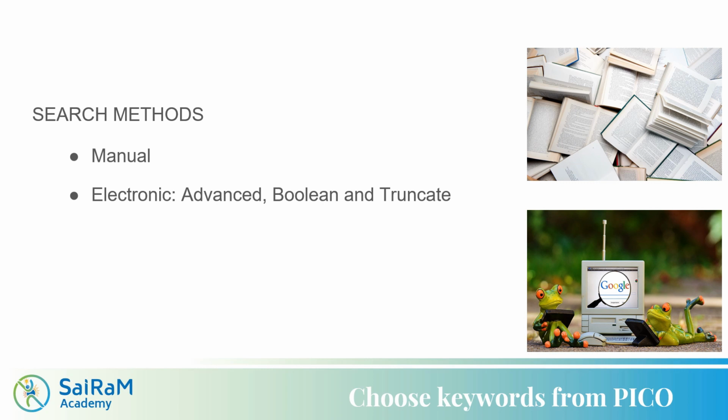Next is truncate. Truncate is also a search method which is followed by a symbol at the end of a particular word. For example, if I'm going to use children or child, at the end I use a star symbol or asterisk. So the relevant information that I get would be related to child, children, childhood,